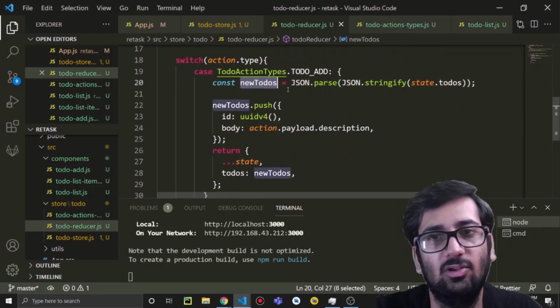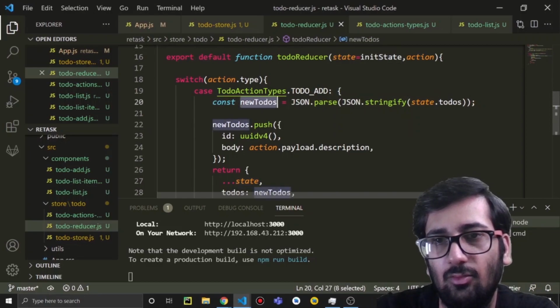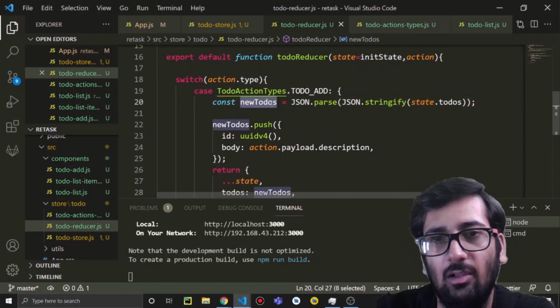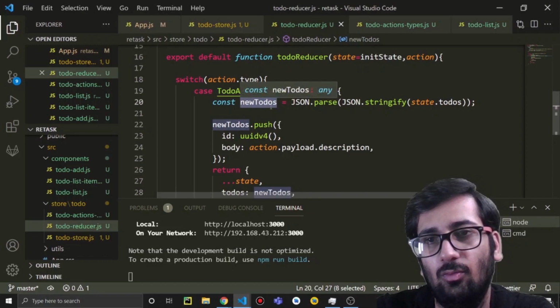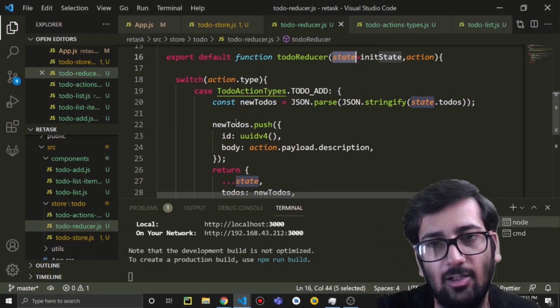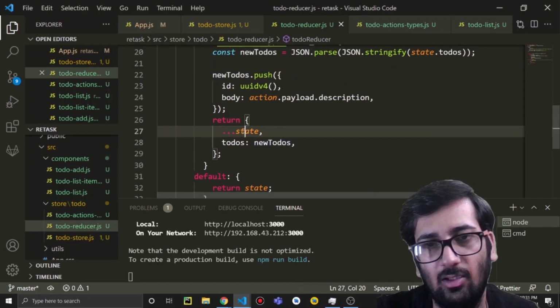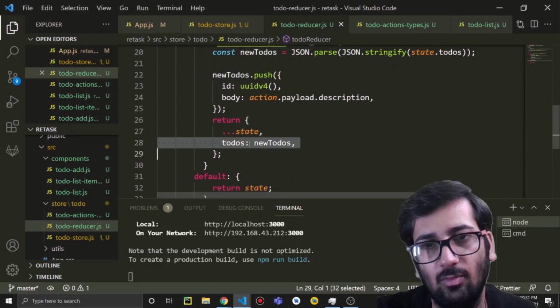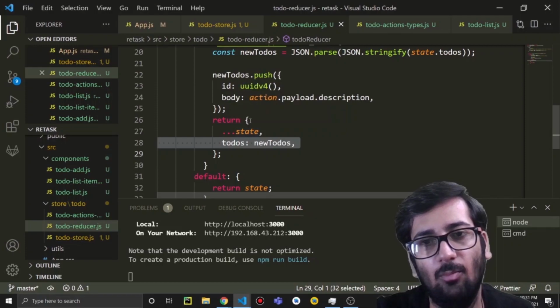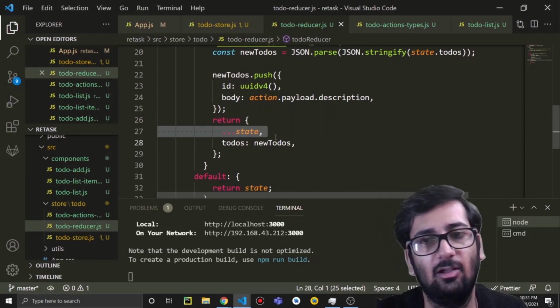So we don't just change the current state, we have to copy the state. This is how we can copy a state to our new variable. I just created a new to-do object from our state and added our new to-do into this object, which we are sending as a state, and we are spreading the previous state.